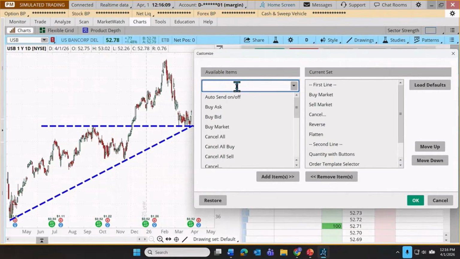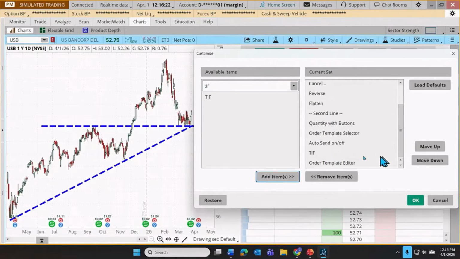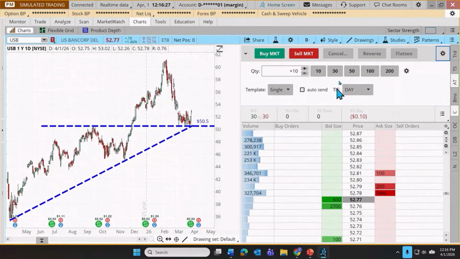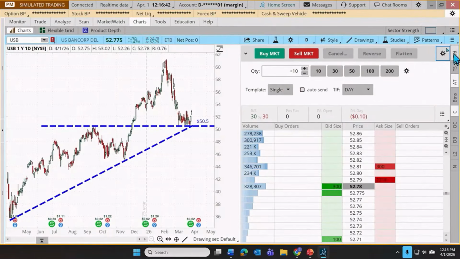So for example, you may notice that there's no time in force for the trades that we've been selecting. So I'm going to type in TIF here for time in force, and let's add that, I'll just leave it right down here, click OK. But what you'll see is this is now being displayed just down here on this third line. So we can set a time in force for trades that we're selecting just right there. That's one of the many different customizations that can be made to this top area. So feel free to explore that. Now you know that that exists. You can customize that to your heart's content.